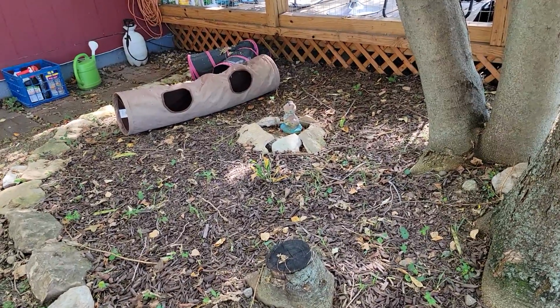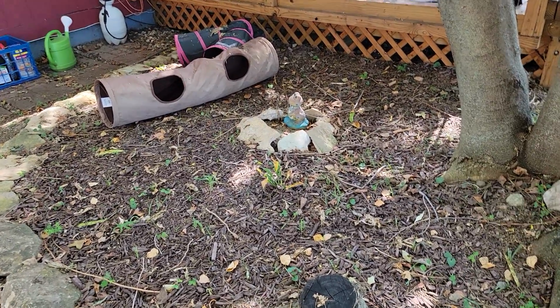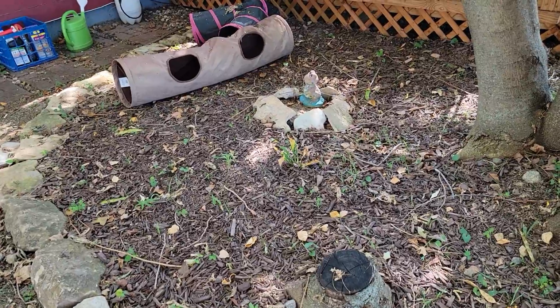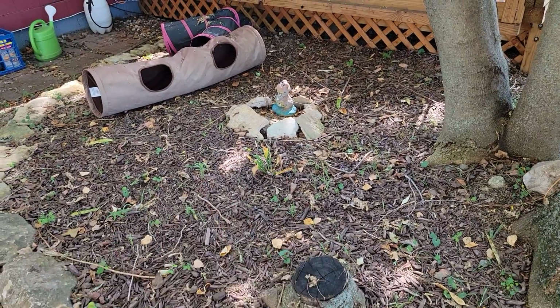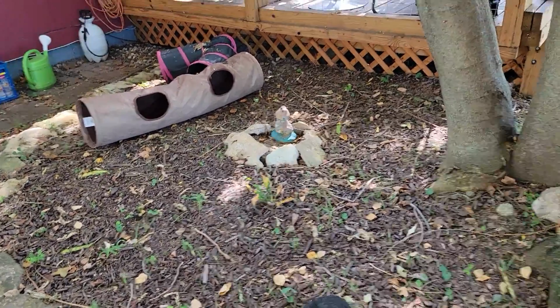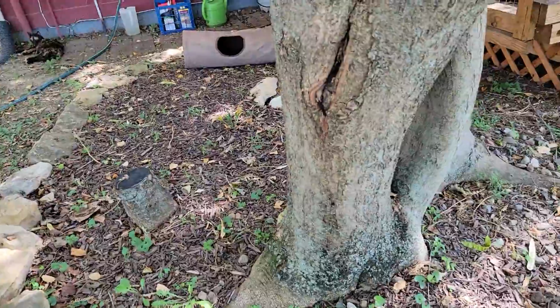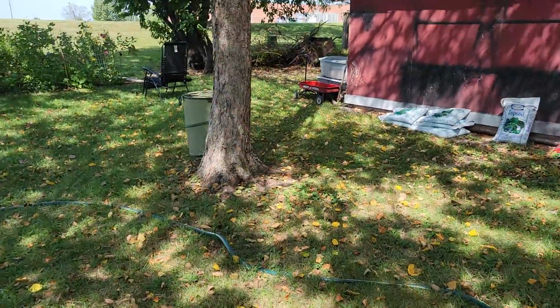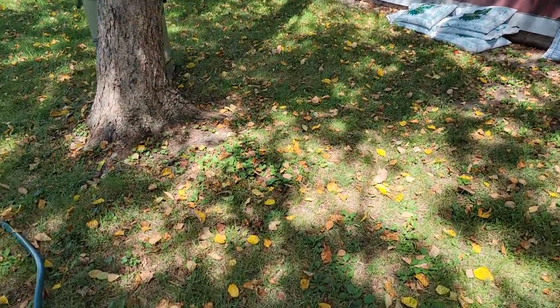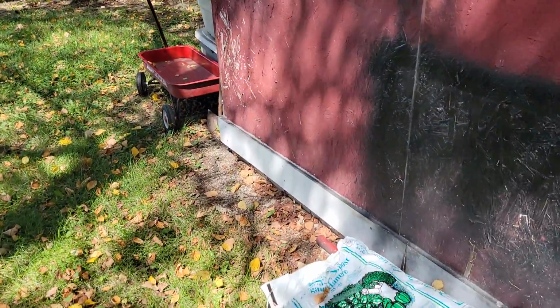But anyway, I really want to do something here. It makes it look nice. When we mulched it in, it looked nice, but now the weeds are kind of growing up. There's little sticks, there's leaves and stuff, and it just needs to be cleaned out and put something beautiful and fresh in here. And so I have some plants coming that I think will do the job. And then other than that big project out there, I did get dirt. I've been getting this to put in it. But he said, don't put any dirt in there until we get that done. That way it'll be in there